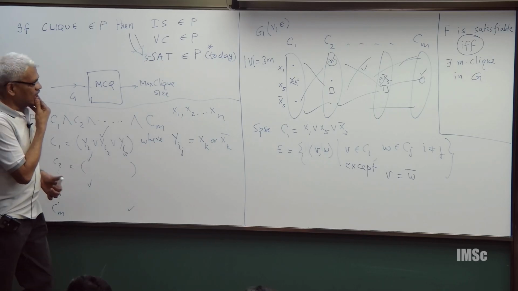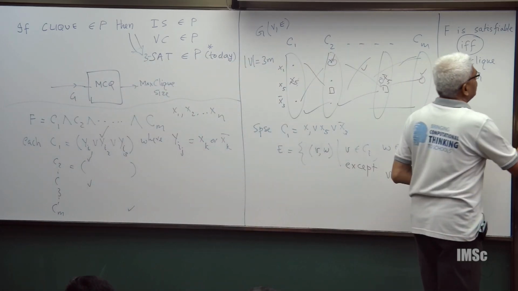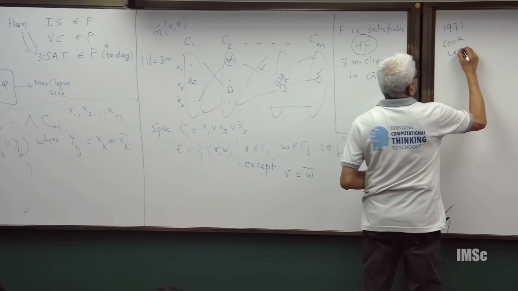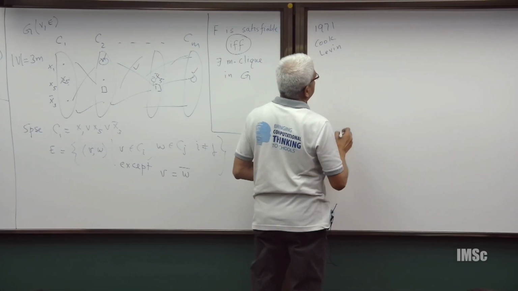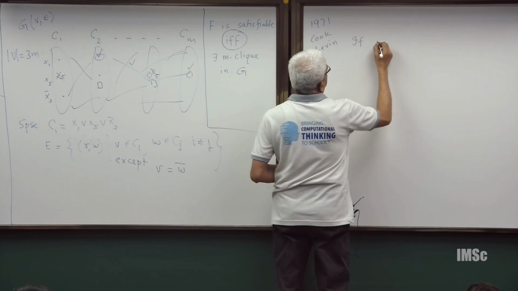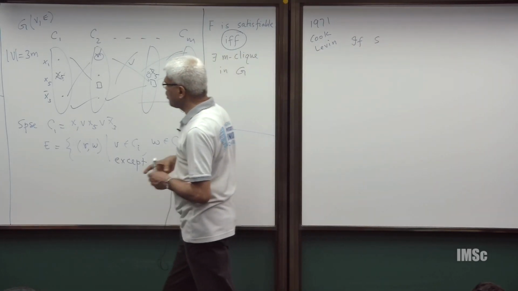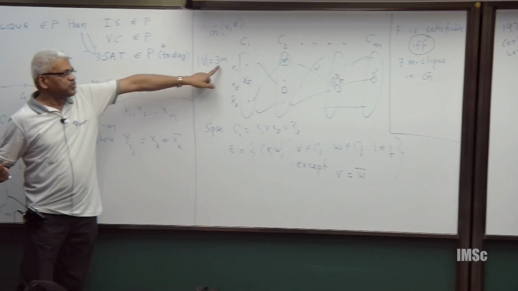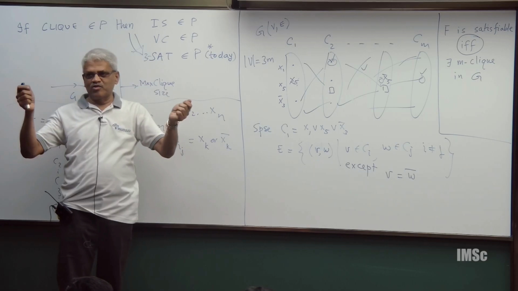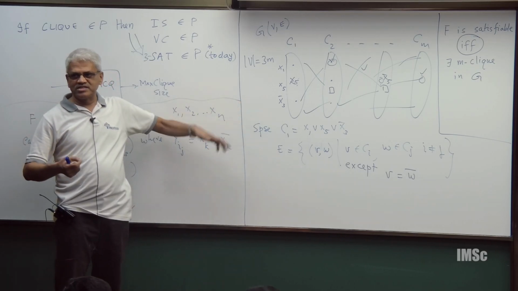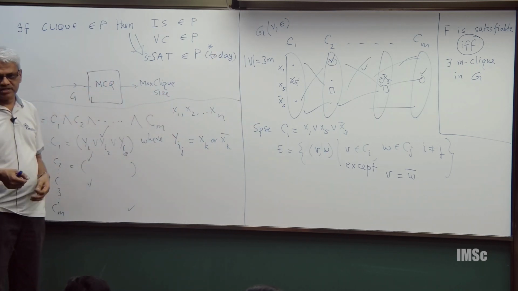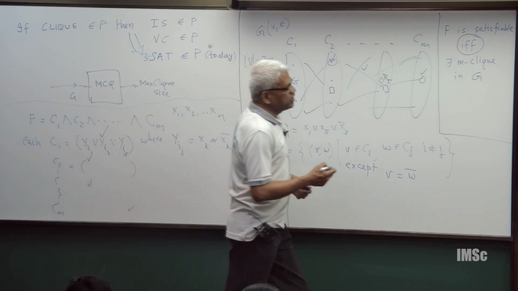Now, what happened in 1971, Stephen Cook and Leonid Levin independently showed something like the following. By the way, this whole thing works for, I mean, where did I use the fact that it is 3 SAT? I did not really use the fact. I used it only because the number of vertices is 3m, but if it is otherwise much larger, it is okay. The number of vertices is still polynomial in the input size, and you can do this clique algorithm and get your answer. Okay. So, what Cook and Levin showed